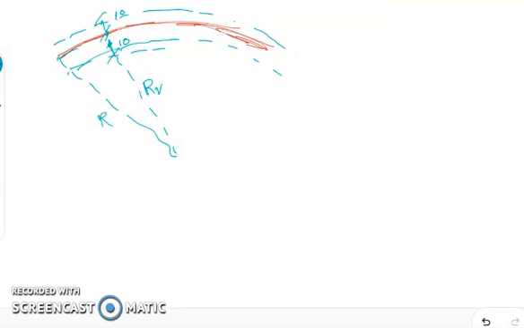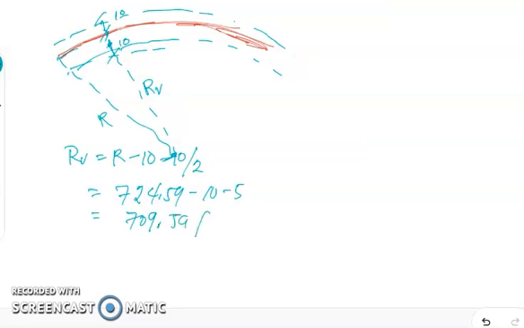So therefore, our R sub V is equivalent to R minus 10, then minus 10 all over 2. This will give us 724.59 minus 10 minus 5, so it will give us 709.59 feet. So we have to take note that from table